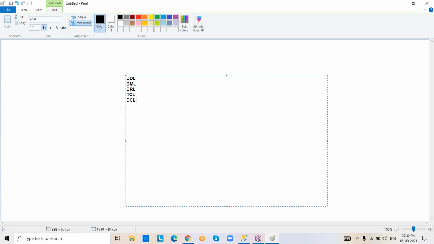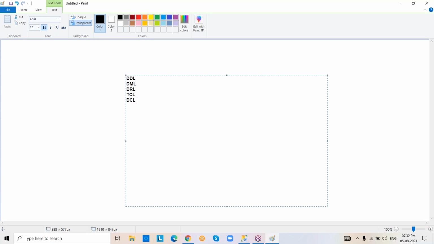So coming to the next scenario. If you want to work with these languages, before that you have to connect to SQL Server.